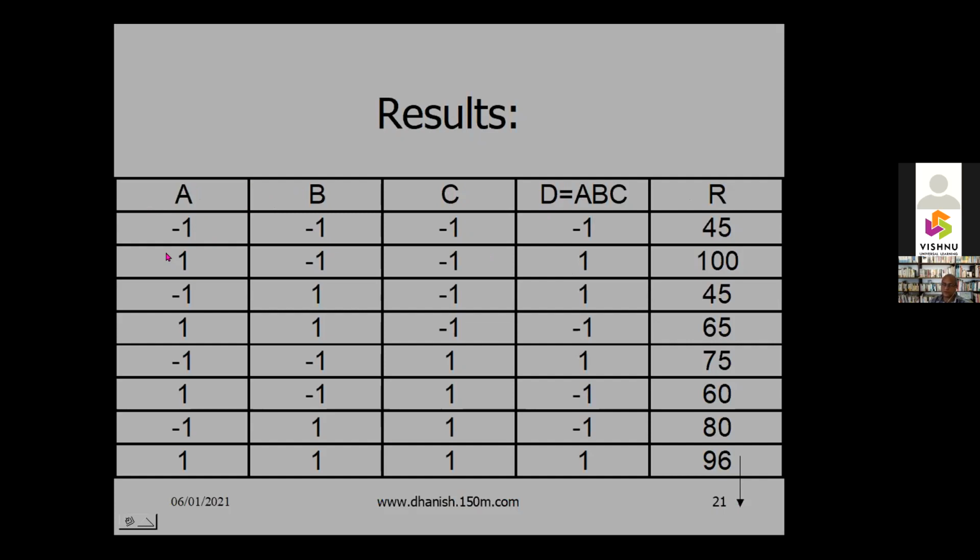Second run, of course, it should not be run in this order. You should take random numbers and choose some of this. So this is the standard order. You should actually do the experiment in random order. That was one of the contributions of Fisher. So randomization is very important in experimentation. Otherwise, your results are likely to be biased.